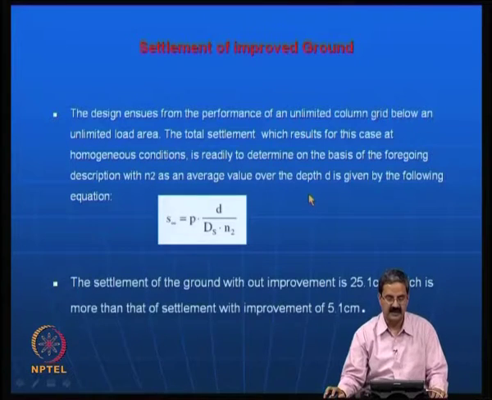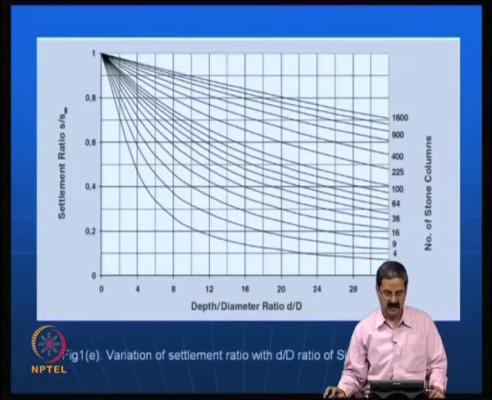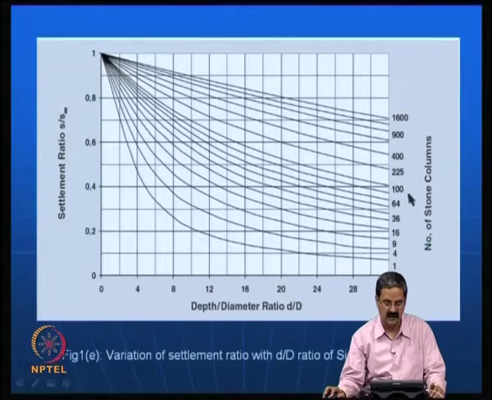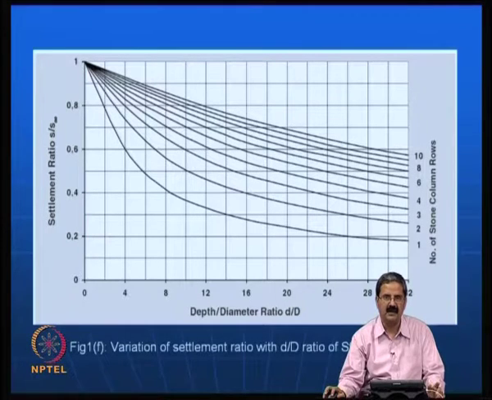and then there is a simple example that we worked out, and again there is another factor that comes into the picture here, the settlement ratio. In terms of the settlement ratio, depending on the number of stone columns, one can get this on a single footing. This is a simple expression. It is a very useful contribution, because it is widely used by Keller's group. Many others must also be using it, but it is important that we have some of these concepts well illustrated.